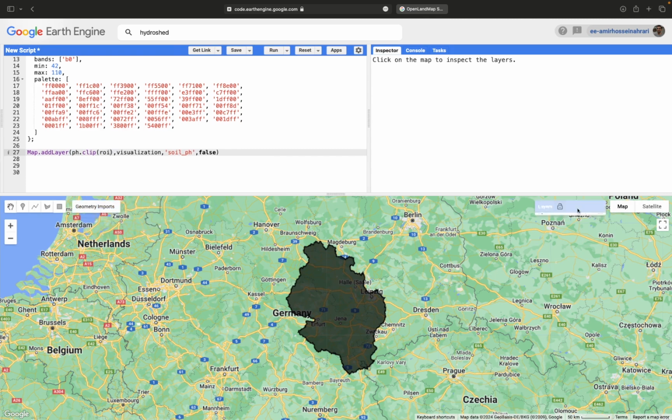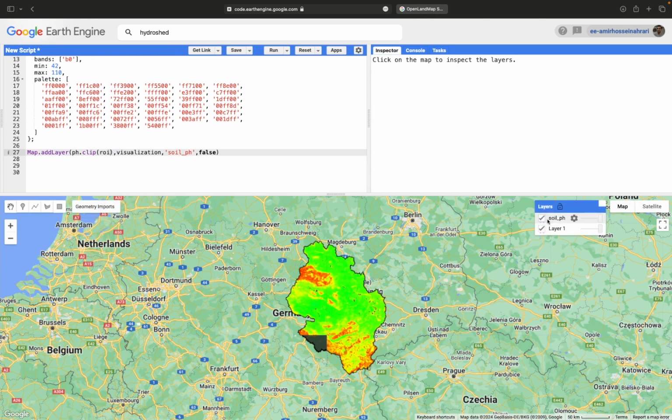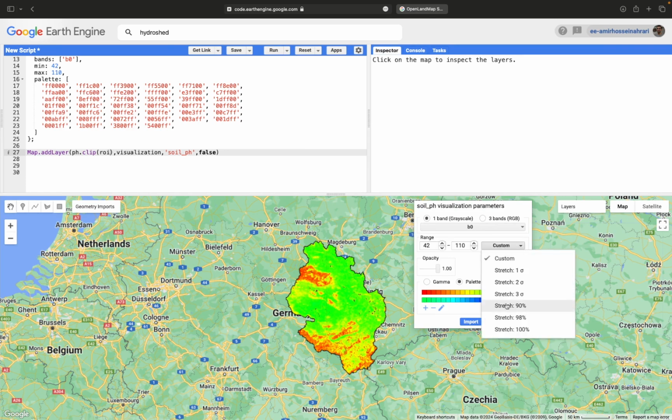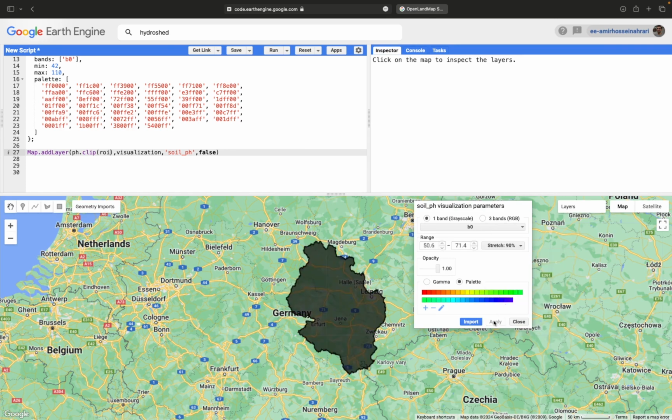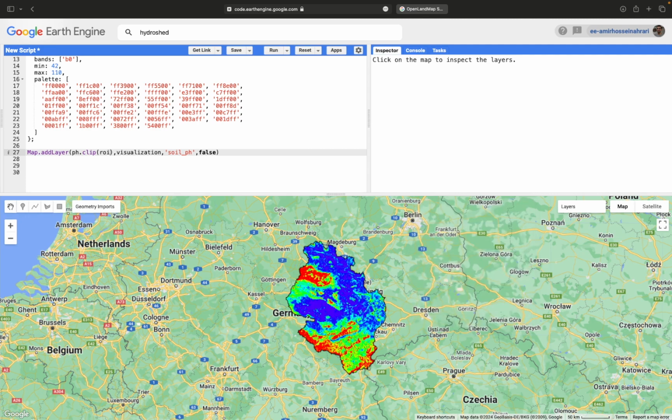And here soil pH data is now available only for the selected region, and you can increase the contrast if you need. For example, I'm increasing the contrast. The blue region shows the higher pH and the red region shows the lower pH value. So if you want to download the pH data for the region of interest, it's a very simple and easy technique. Just use